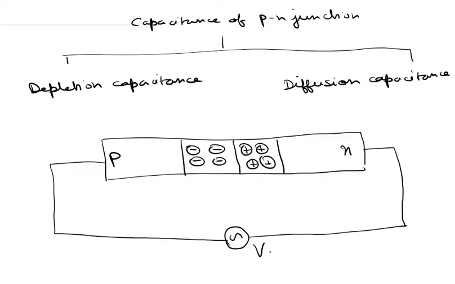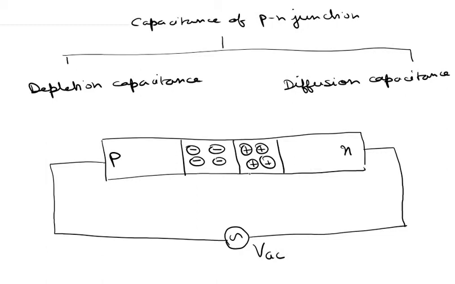Let us call this voltage source VAC, and just as before, the part of the depletion region on the P side of the junction contains accumulation of negative charge here, and the part of the depletion region on the N side of the junction contains accumulation of positive charge here. Okay, now we know that whenever the diode goes from 0 voltage to forward bias, the depletion region decreases, which means the accumulated charge basically decreases. Now again, when the diode goes from 0 bias to reverse bias, the depletion width basically increases, which means the